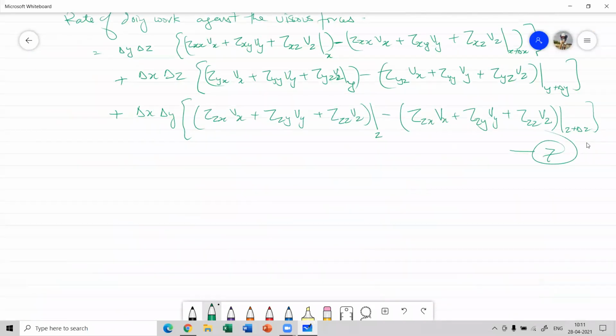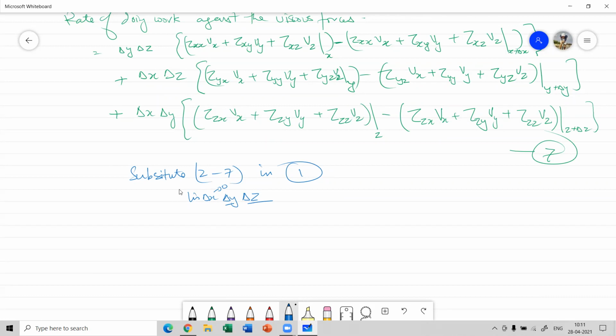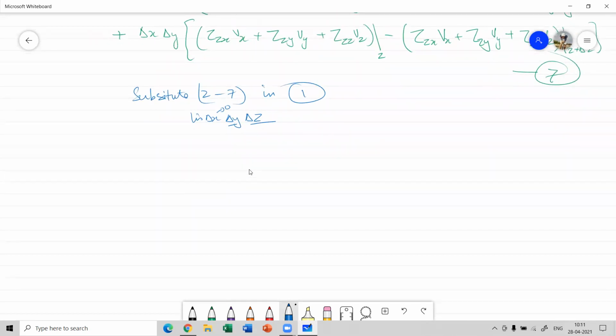So we substitute equation 2 to equation 7 in equation number 1, and put the limits that delta x approaches 0, delta y approaches 0, and delta z approaches 0. So once we do that, what we are left with is this equation, that is